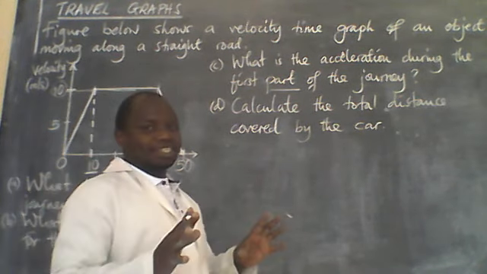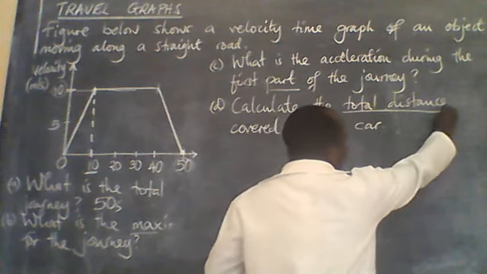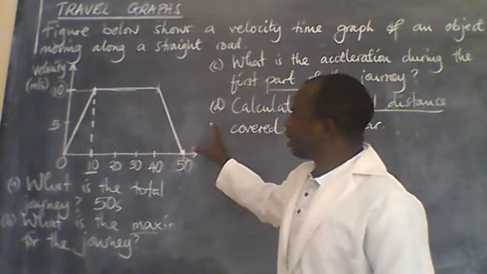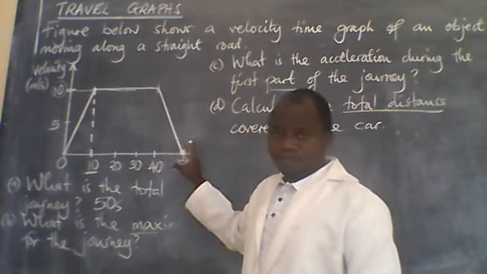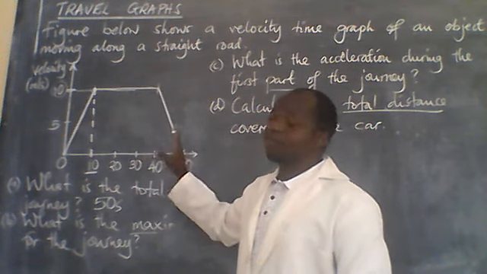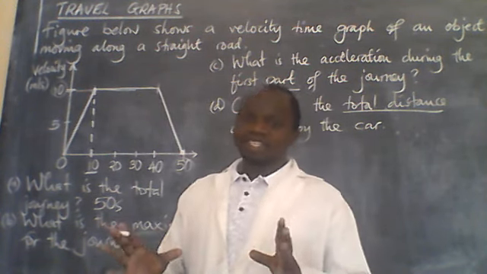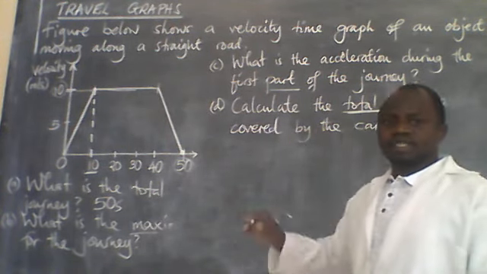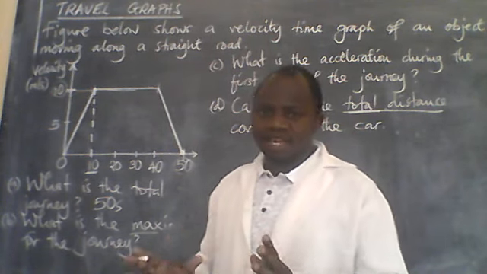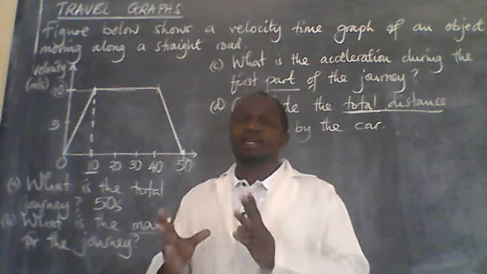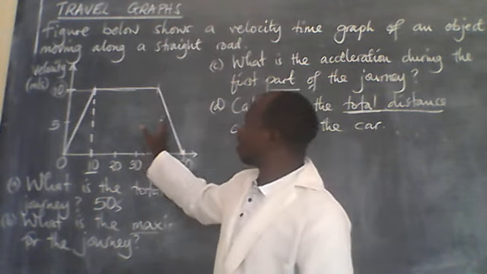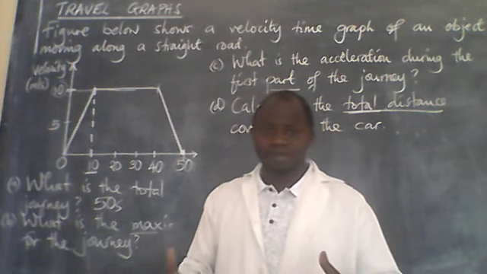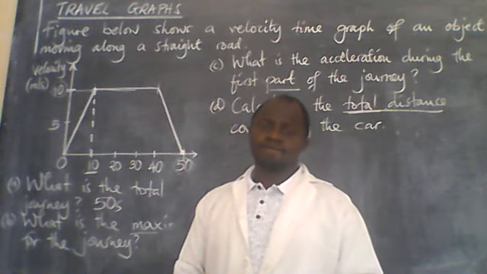In this case, when they say you should find the total distance, please pay attention. You are going to look at the graph that you have been given. When you look at that graph, then the total distance will be the area under that graph, or the area for that graph or shape. Let's put it that way. Of course,